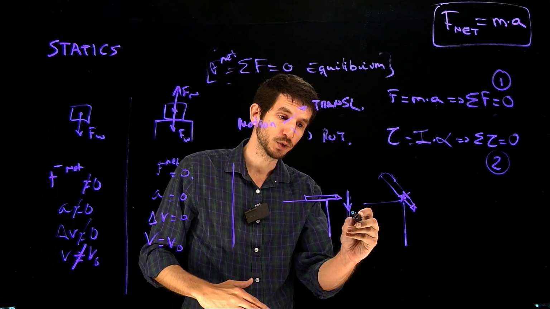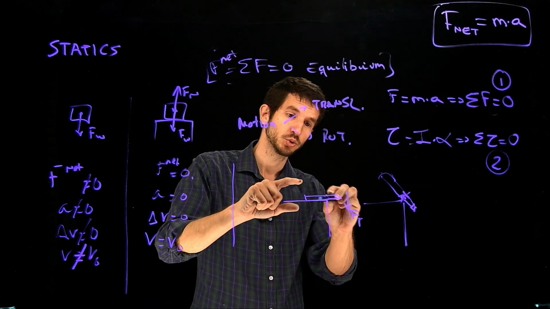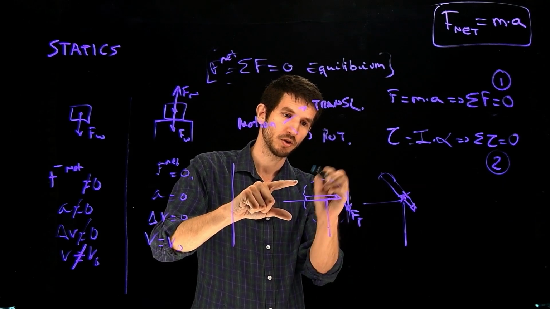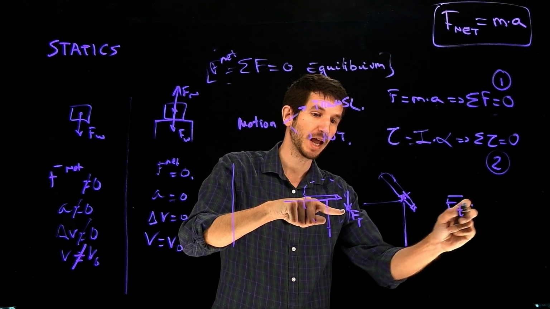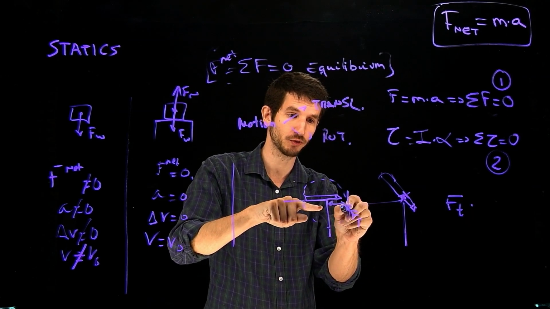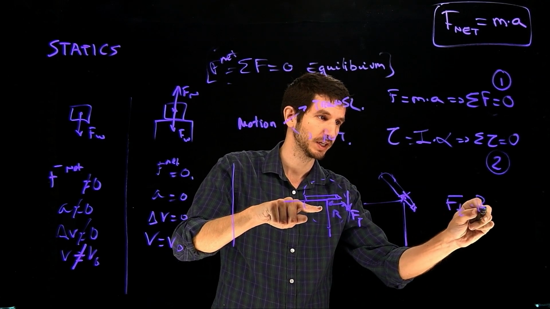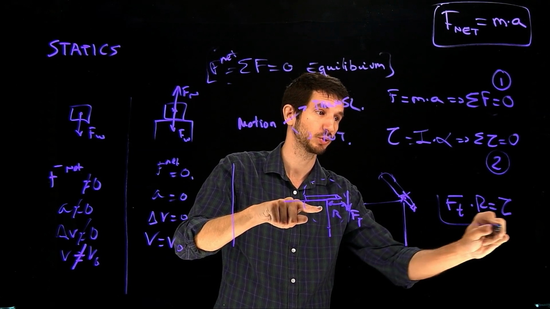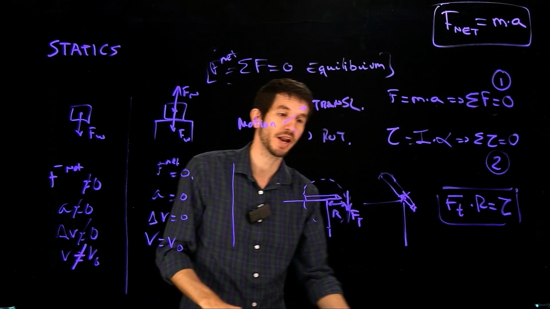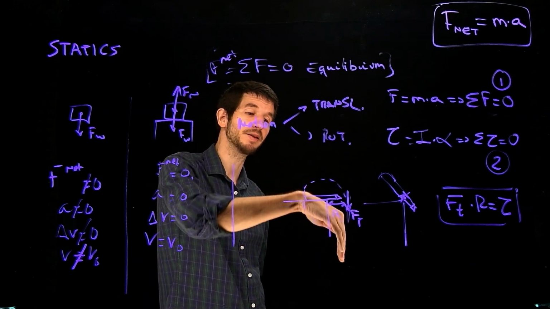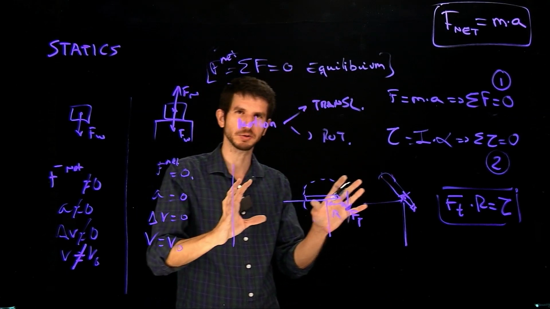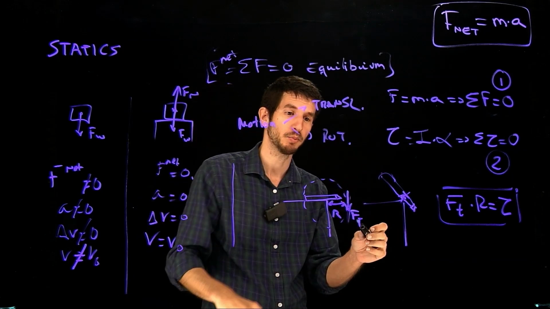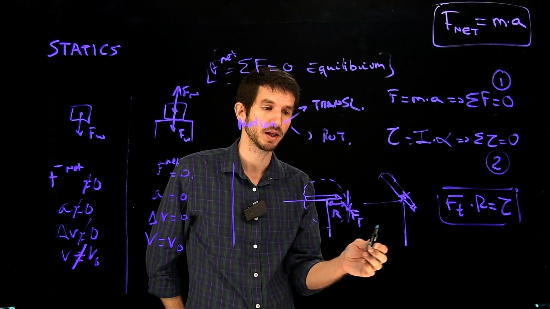Why? Because that force is going to be tangential to the motion of the circle. And a tangential force times the distance to the axis of rotation is precisely what we call a torque. So then I see I'm going to have an unbalanced torque. Now, an important thing to notice here, and we will see this in the problems, it becomes easier, but just to understand the idea, I'm going to have a torque here, and I need to